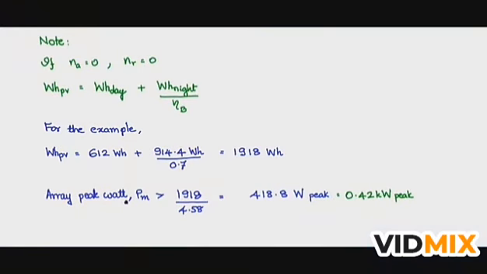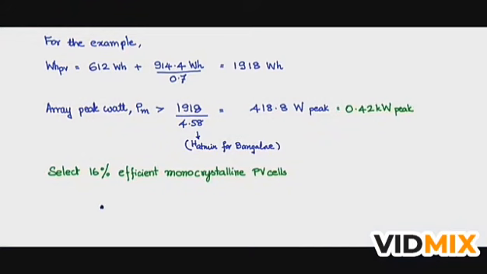The array peak watt PM should be greater than 1918 by H hat minimum, and H hat minimum for Bangalore we have found it to be 4.58 kilowatt hours per meter square per day, and here we are using it with the unit hours. So many hours of 1 kilowatt per meter square insolation. It will give you 418.8 watt peak or 0.42 kilowatt peak. Now select a PV cell from standard manufacturers. Select a 16% efficient monocrystalline PV cell, say for example,